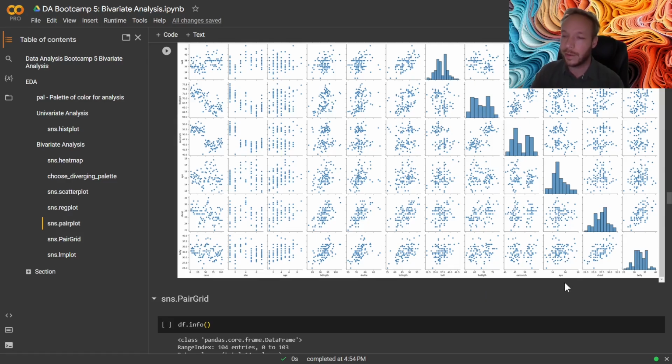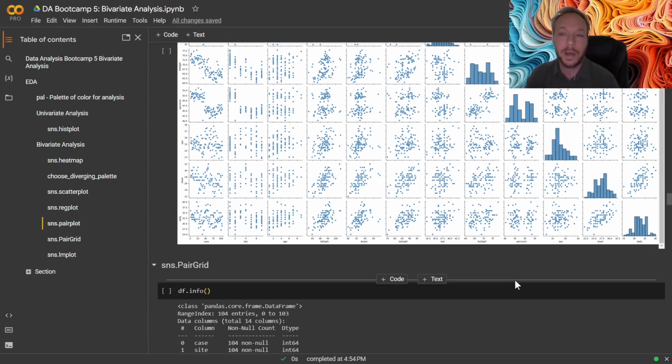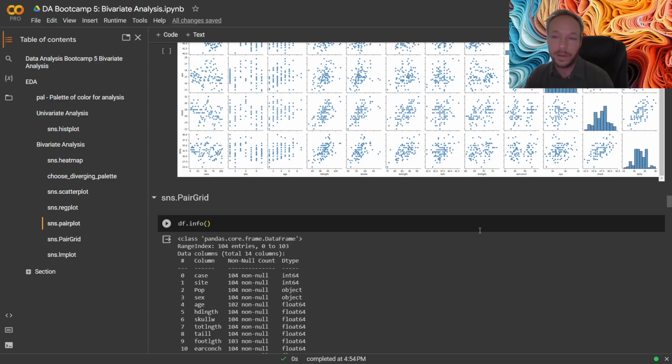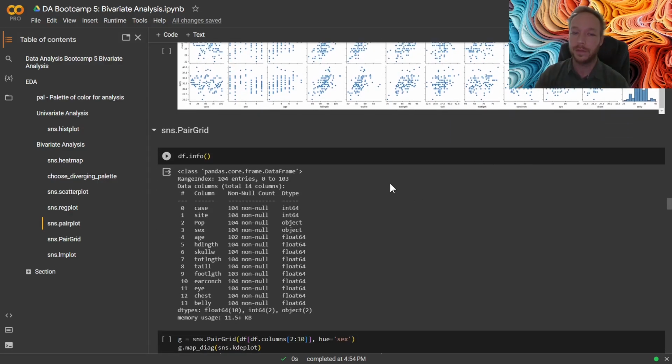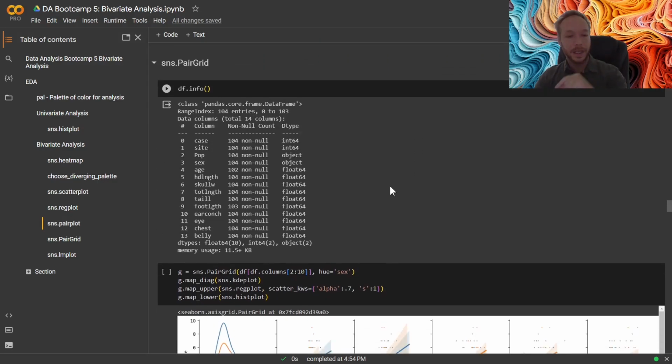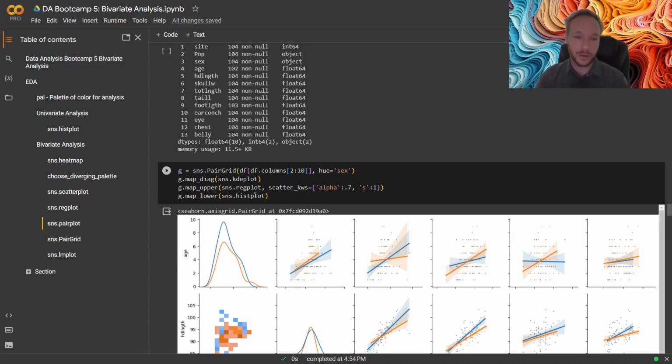It looks like a pretty solid correlation there, but this gives us a better sense of our data than just the correlation matrix. I feel it's a good supplement to the correlation matrix, so we can visually inspect it quickly. This is not what you're going to present in your report, though. You're going to use this to figure out what you want to look at in a little bit more detail. Pair plot is great. I like the PairGrid because there's just a lot of cool things that we can do with the